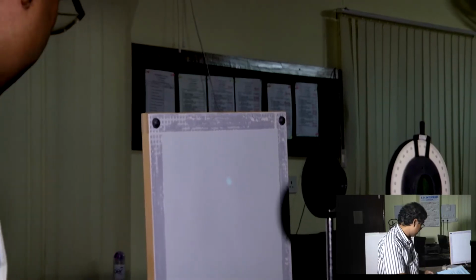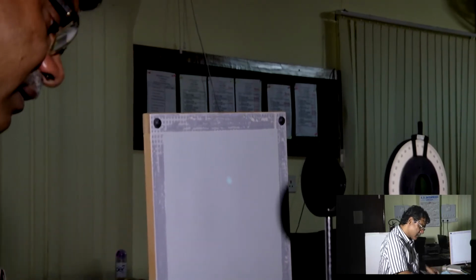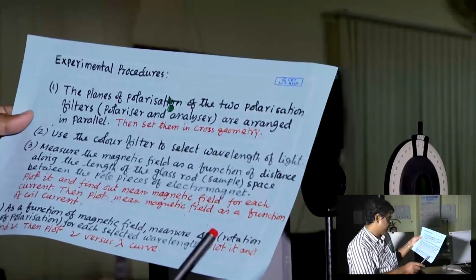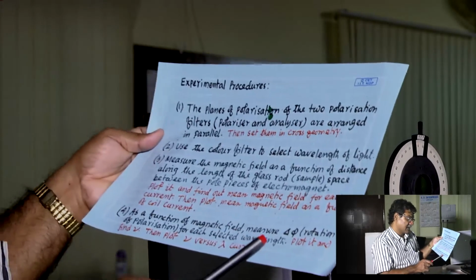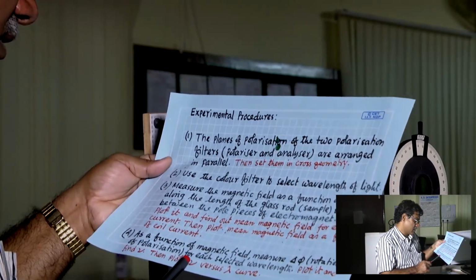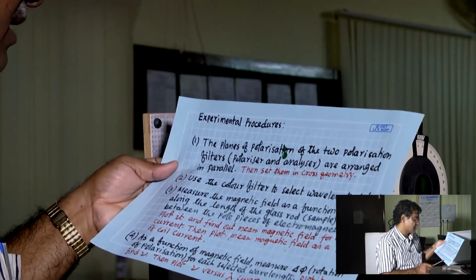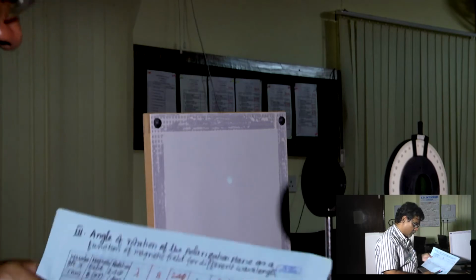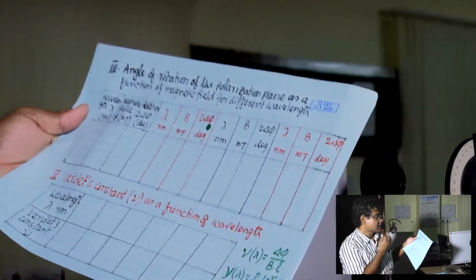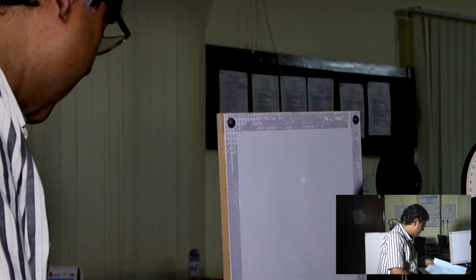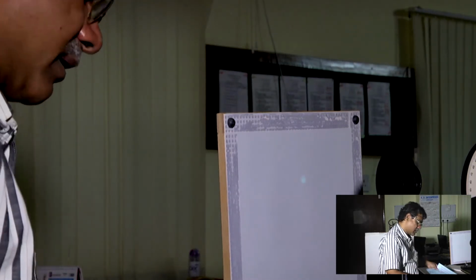In the experimental formula, as a function of magnetic field, measure del phi, the rotation of polarization, for each selected wavelength, plot it and find nu, then plot the nu versus lambda curve. I do not see any reason for having written 2 here.